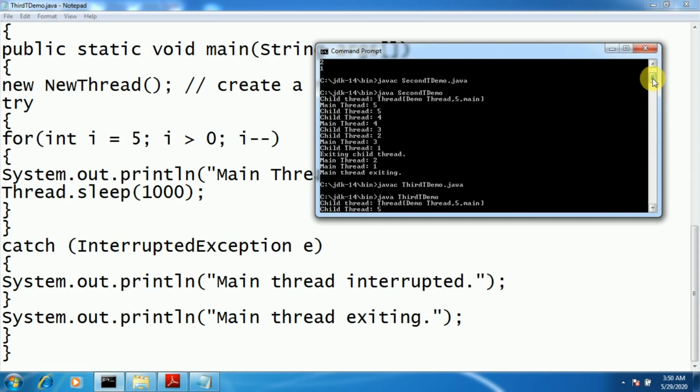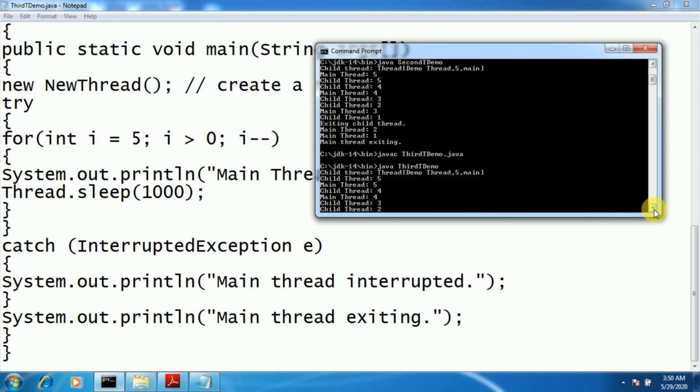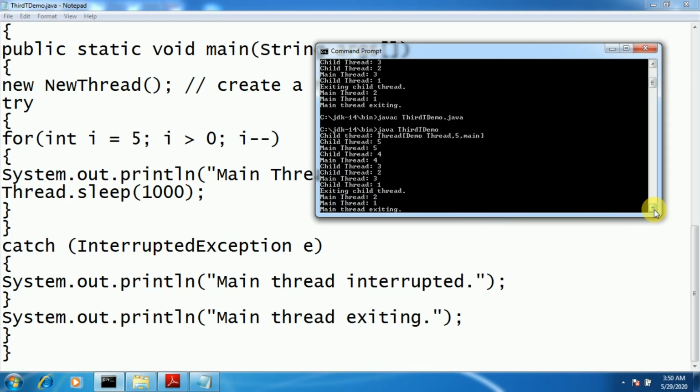If you check the child thread, thread demo thread 5, 5, demo thread 5, main, then the main thread starts its execution. Here the child thread has started the execution, then the main thread, then the child thread, main thread, then the child thread 2 times, main thread. So you cannot guess the output in this